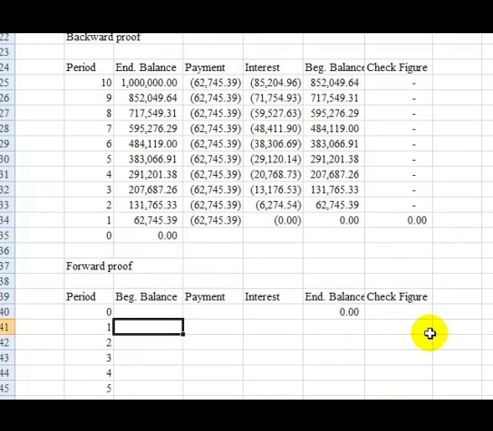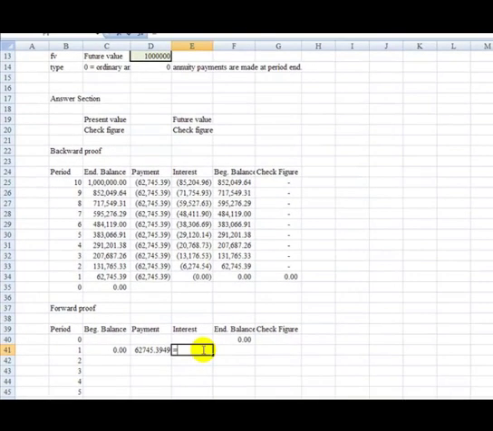Now, as you know, the ending balance for period 0 is the beginning balance for period 1, so I'm going to hit equals F40. The payment, I'm going to put the payments in here as positive numbers, so I'm going to put a minus, and I'll pick up the payment amount. I start typing payment amount, and you can see it comes up, and I can double click that. The interest is going to be equal to the beginning balance times the annual interest rate, which is from up above,